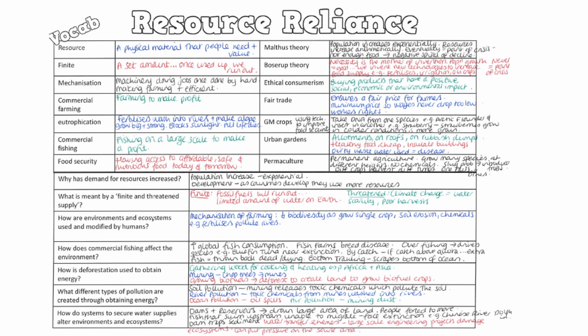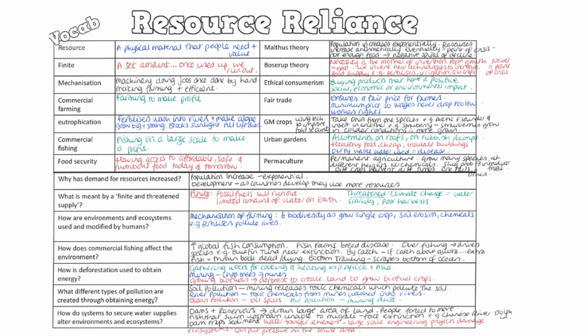Boserup, on the other hand, says that the increase in population is a good thing. Necessity is the mother of all invention. If we have more people, we have more new technologies being invented. We will never reach a point of crisis because we will always invent new technologies to enable us to grow more food. Throughout history, we've got examples such as fertilizers, irrigation systems, sprinkler systems, genetically modified crops going forward. We will never reach that point of crisis that Malthus talks about.